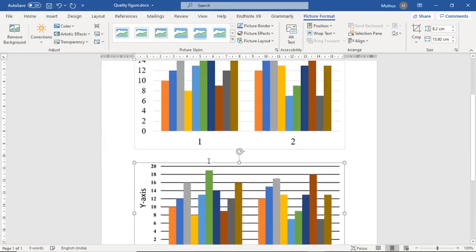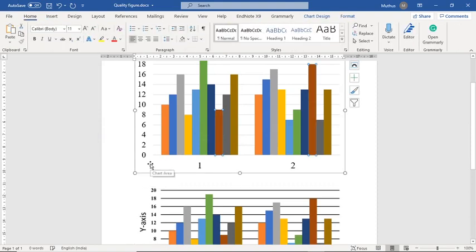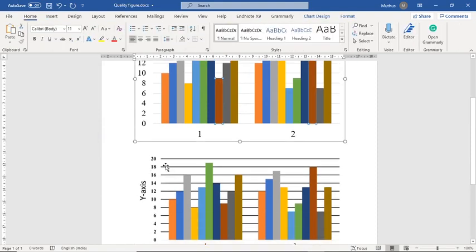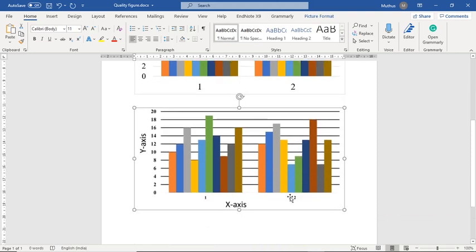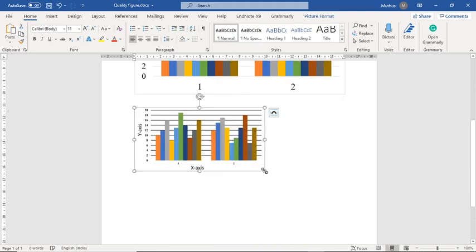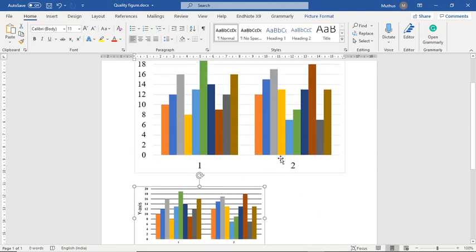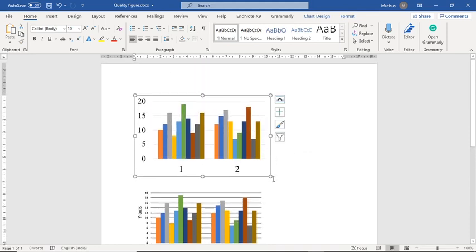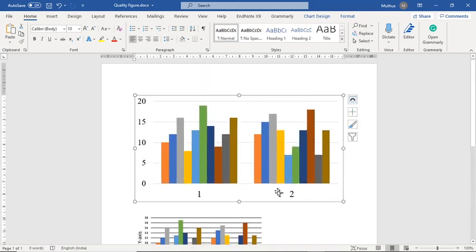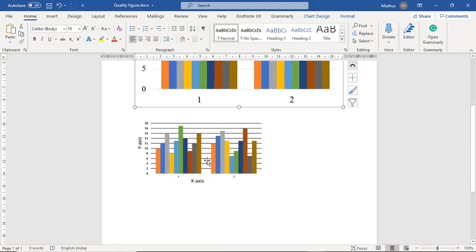See the difference between the Excel file and the converted quality file. While syncing there is no issue, and it still appears with all the values, but if you copy from the Excel file, the values change accordingly. So this is the best way to insert the figure after creating a quality figure.